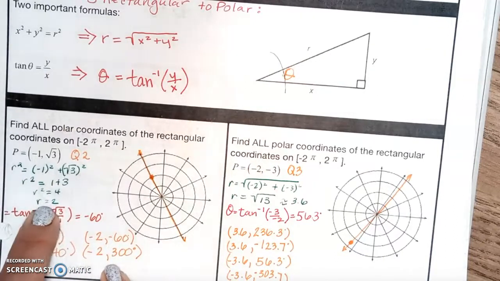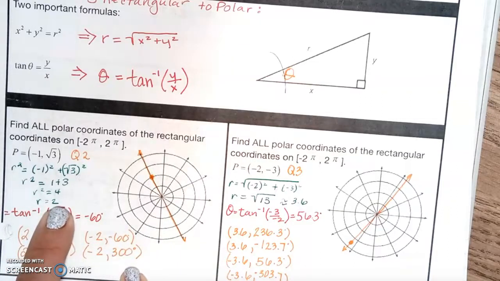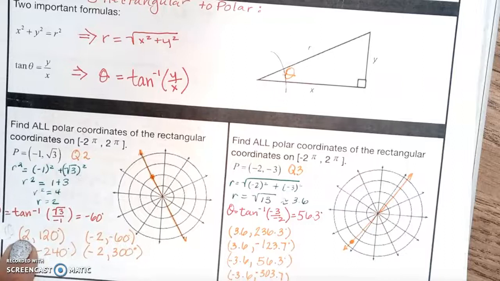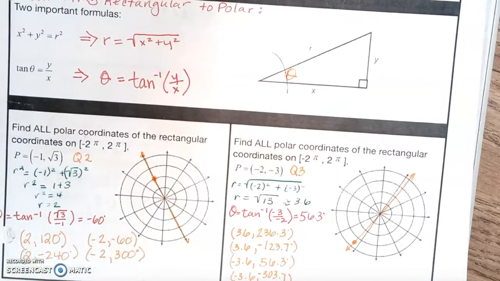Then we end up taking the square root of it. And so we get a radius of 2. That's going to give us the first of our 4 answers, because they're saying to find all of them. So we're going to just get one of them and then do what we did up top to get the other 3. Okay? But we also